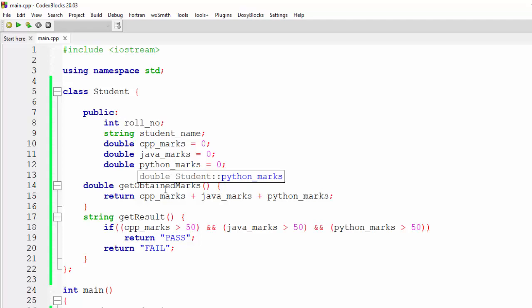After that, I say double getObtainMarks. This method will return the addition of all the marks, like C++ plus Java plus Python marks. After that, we have another method which is getResult, which will check if all the subjects have marks greater than 50, then it will return pass, otherwise it will return fail.